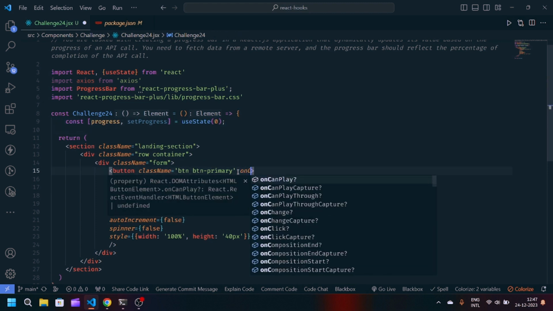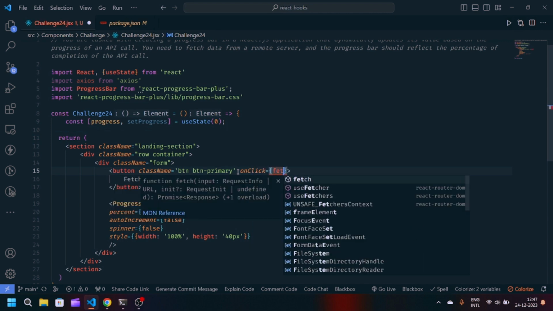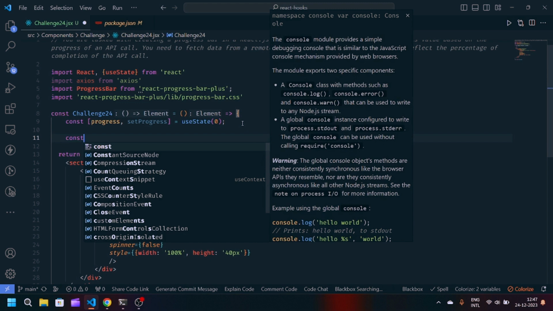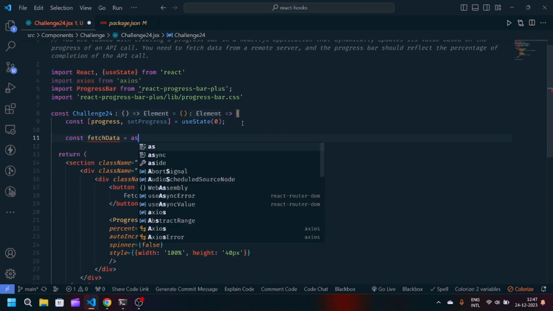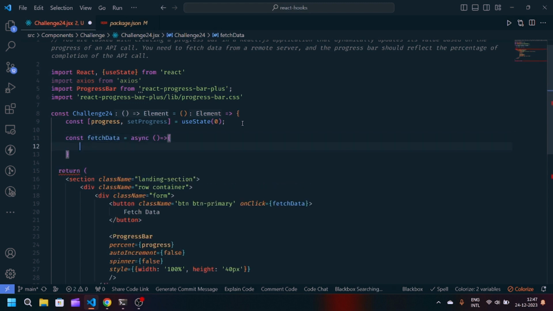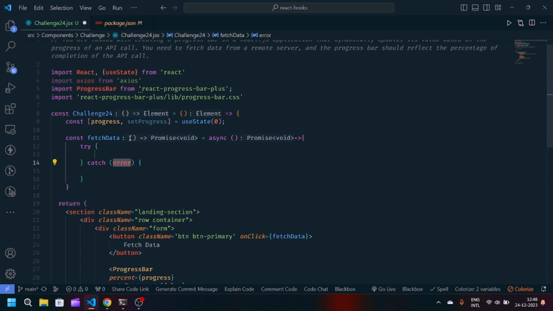Now we will write one on click on the fetch data. So on the basis of on click, we will make an API call which is fetch data. We will define this function: const fetchData, an async function, an asynchronous JavaScript arrow function. Now in the try catch,